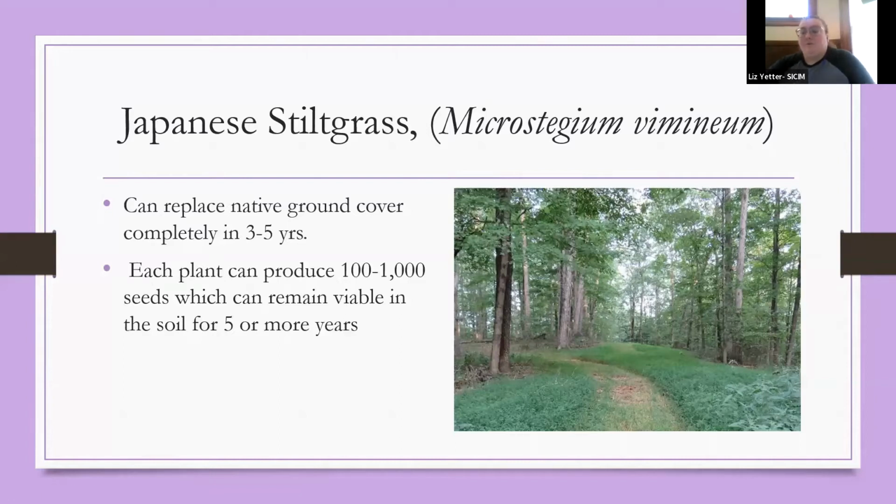So as you remove stuff, always keep in mind the seed banks. The soil contains a seed bank of both our native seeds, but also the invasive. So monitoring and follow-up are key when controlling any invasive plants. And the thing with the Japanese stiltgrass is it gets spread a lot through recreation and through human use, either on our gear, our shoes, or if we're horseback riding. So cleaning out the treads of your boots and brushing off gear in between sites is key to help prevent the movement of this guy.